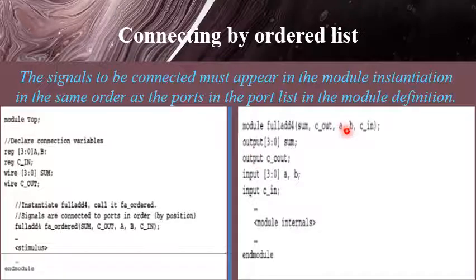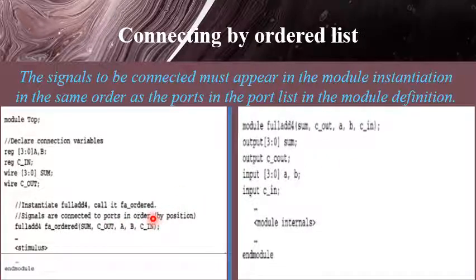Then A, B are the two inputs which are 4-bit wide. Similarly, here also I have taken them as uppercase A, B. Again they are 4-bit wide and I have considered them as the inputs here. And Cin, that is a single bit input, is connected to uppercase Cin here. So when I am instantiating this module in the stimulus block, the top level module, I will be connecting the output sum to this sum, Cout to this Cout, AB to this AB, and Cin to this Cin.